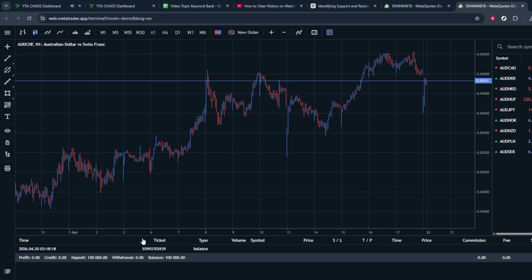Once the web terminal page loads, you'll need to log into your trading account. On the screen, you'll see fields for your login details. Here, enter your trading account number and your password, and make sure you select the correct trading server provided by your broker. Be careful when typing this information, and double check that everything is accurate before you continue. After you've entered your details, click the button to log in. If the information